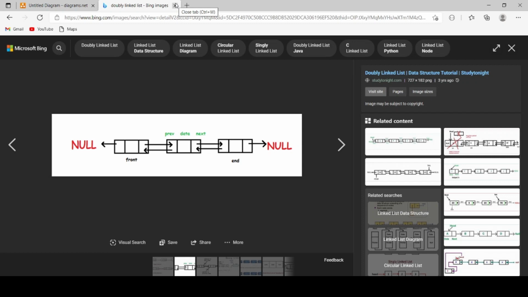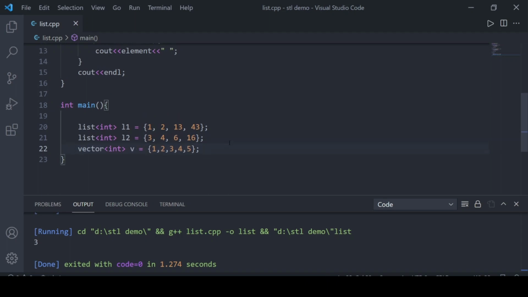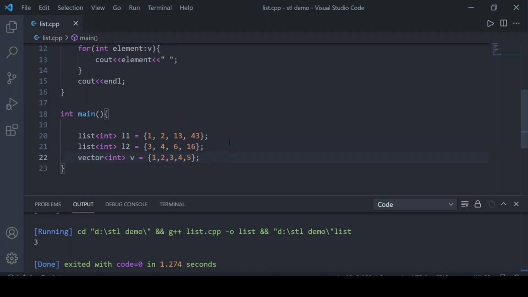If we had to implement this doubly linked list by ourselves, we would first have to create a node. For creating a node, we have to create either a structure or a class. Then we have to define a value and left pointer, right pointer. Then we have to define the various methods: how to insert in a list, how to delete in a list, how to erase in a list, and that becomes really complex. So list provides us an interface to directly work with the doubly linked list without even knowing how it works. And vector was just an array. So the interface is a little bit similar, but behind the scenes they work pretty differently.